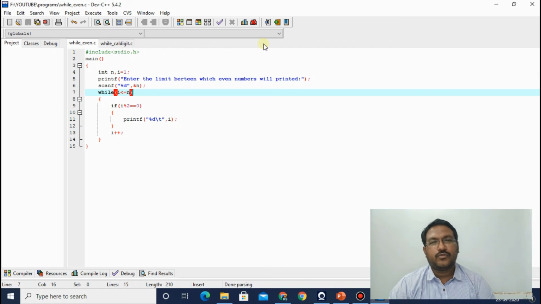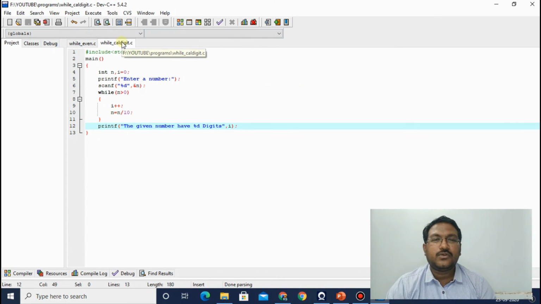and each time you have to increment the I value by 2. That means you cannot write I plus plus, you have to write I equals I plus 2, and the loop will start from 2, not from 1. Fine. Now let us go to the second one, and the second problem is to calculate the number of